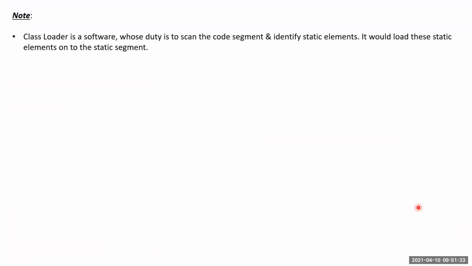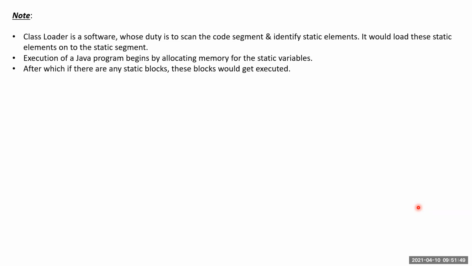Now, the next thing. What we understood from the last few programs, the very first thing, is that a class loader is a software whose duty is to scan the code segment and identify static elements, and then load those static elements onto the static segment. Second, execution of a Java program begins by allocating memory for the static variables. Third,